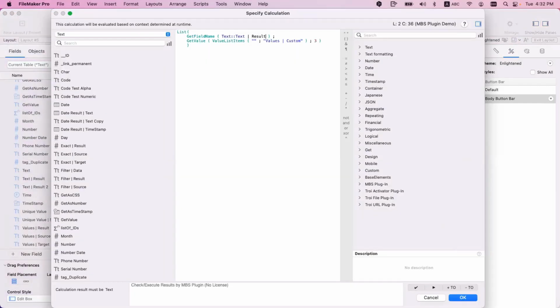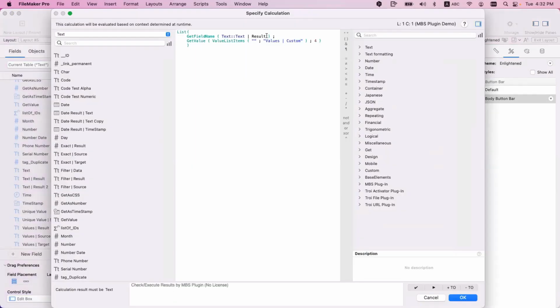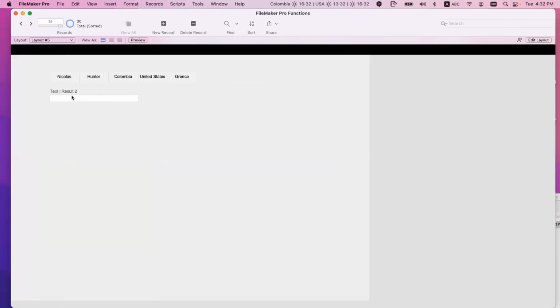Change the name. Next one. Change the name. And the next one. Change the name. Now I have another field. Same script. Now, let's say you want another button like this, right? With different info,